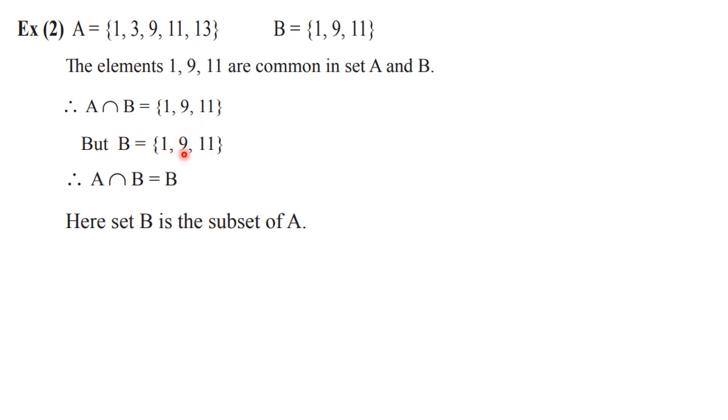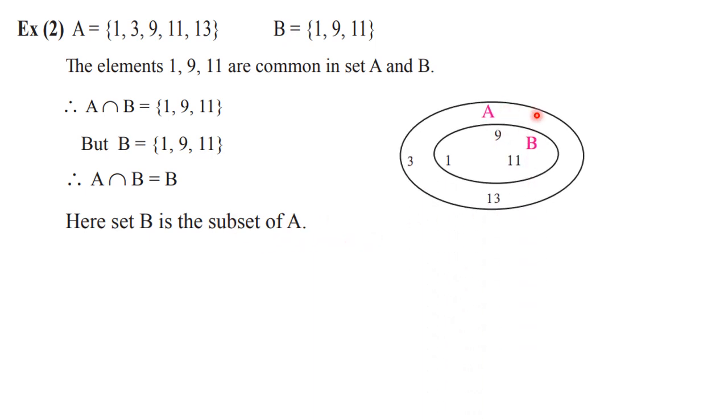So let us try to draw the Venn diagram here. B is subset of A means A is a bigger set, and set B we will draw inside that. Okay, so see, A is bigger set and inside that B is drawn. Then the elements of B are written inside. They are 1, 9 and 11, and the remaining elements of A are written here outside B. They are 3 and 13. So this way we can draw the Venn diagram. In the previous one we drew the intersecting circles, but now here we have drawn the Venn diagram like this because B is a subset of A. This is a difference here.